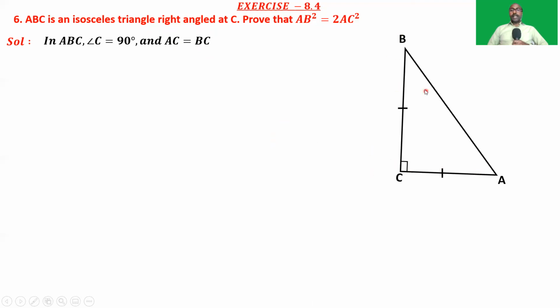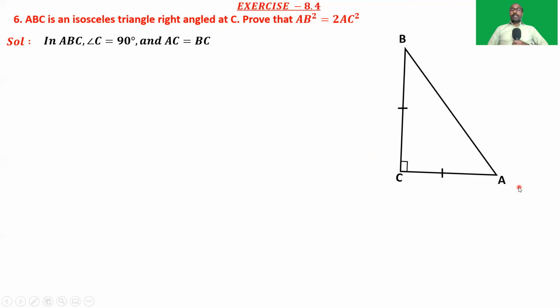So ABC is a right angle triangle in which angle C is equal to 90 degrees. As the hypotenuse is a longer side than BC and AC, we can take that AC is equal to BC because in an isosceles triangle, two sides are equal. Now,